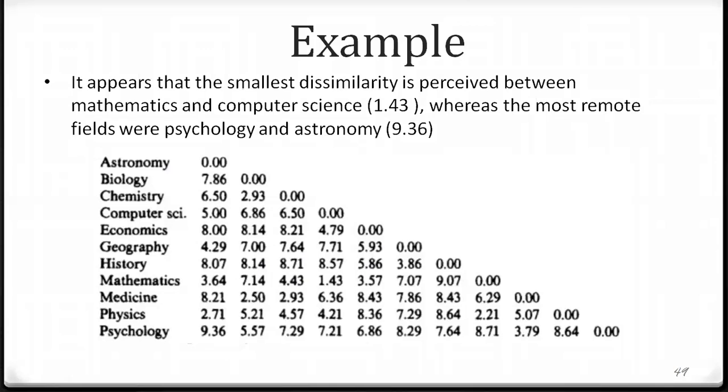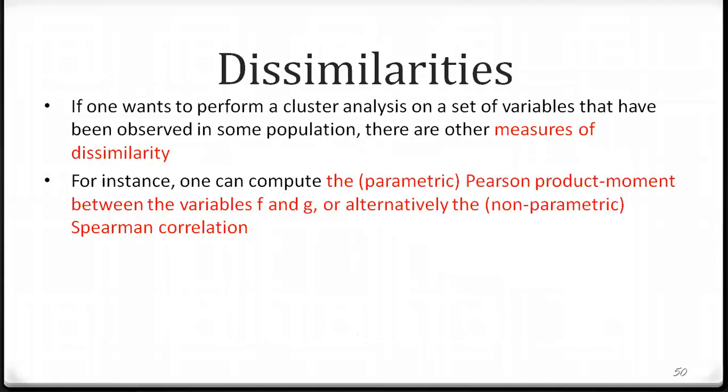We have 2.50 for medicine with biology. It's kind of a little similar. Physics with medicine is also a little similar, but I don't know how they are related. With the numbers, we can understand that the higher the number, the higher the dissimilarity between the objects. This is a small example to identify that.